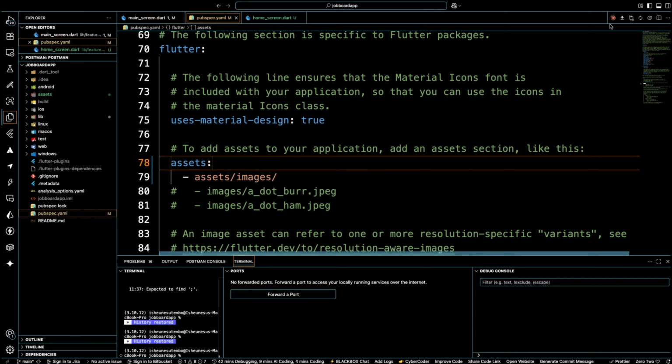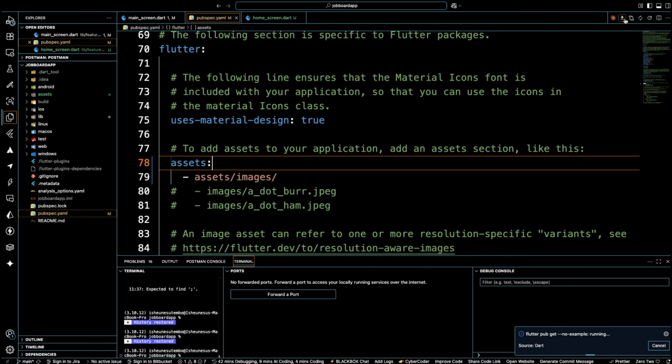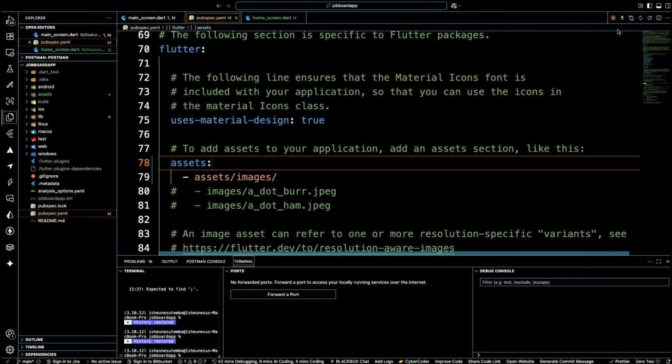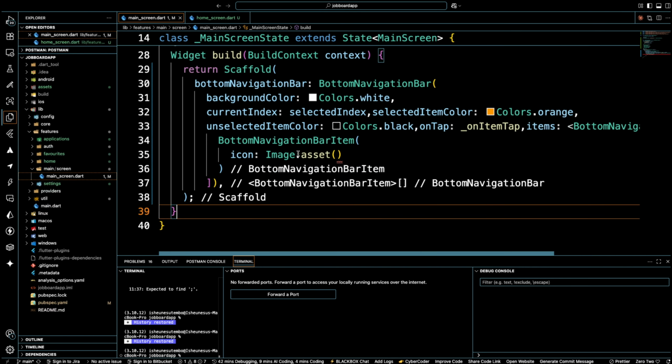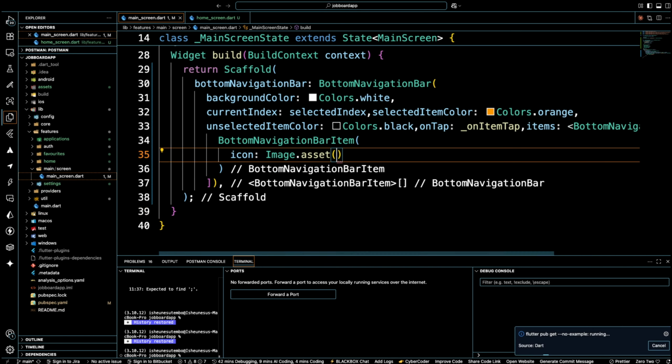Once you're done, just make sure that you click this download item to run flutter pub get. So now that we are done, let's go back to our